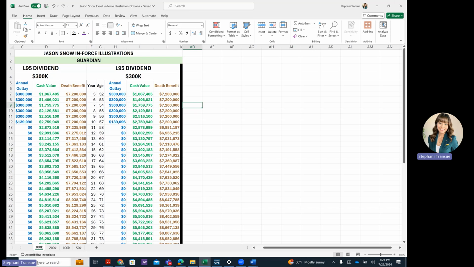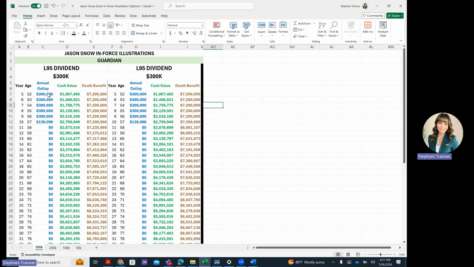You will notice in the Excel spreadsheet, we have different fundings. We have one showing the 300,000, 200,000, 100,000, and then 50,000. Let's take a look at the option of what if you decided to fund the policy at 300,000 starting at the current policy year. You are currently at the fifth policy year, and then funding it at the 300,000 through the ninth year, and then a lower amount thereafter. Although you have the ability to pay in for those 10 years, you can always stop the funding before that time. We just wanted to show you the maximum payment that you can make at this time. You definitely have a good accumulated MEC space.